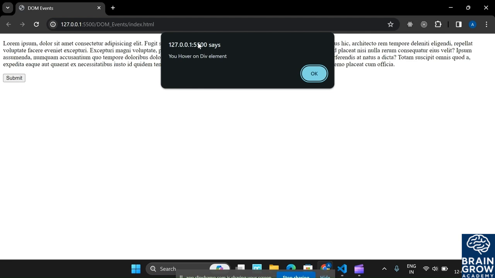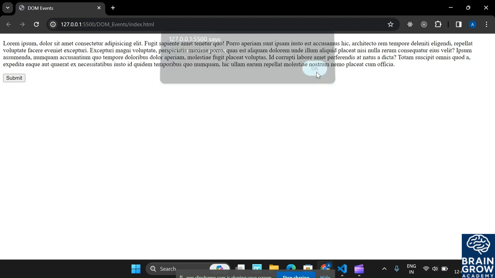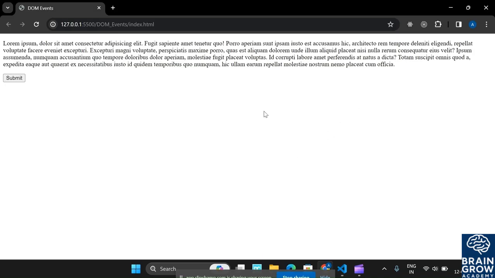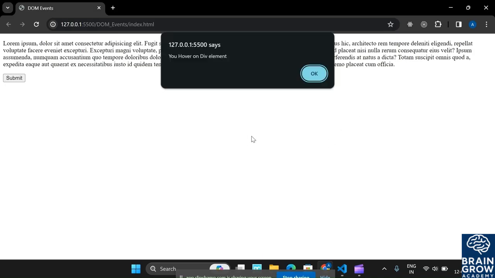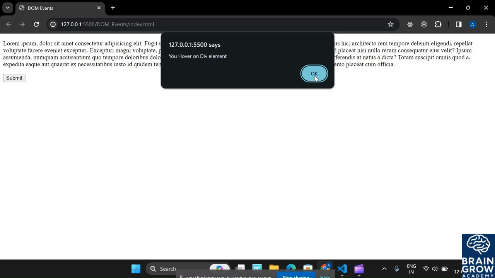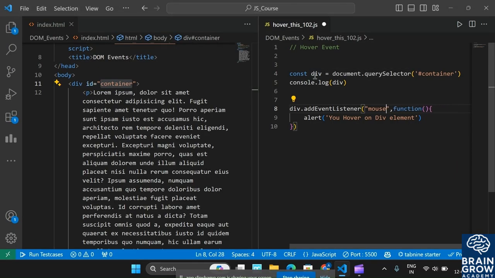You can see that you hovered on the div element, and there is also another method, mouseleave. So when you leave the div, it will display. You can see that when I enter, it is not displayed, but when I leave, it displays the hover div. So first of all, mouseenter. Hover is not working, but the method name is mouseenter. So for that